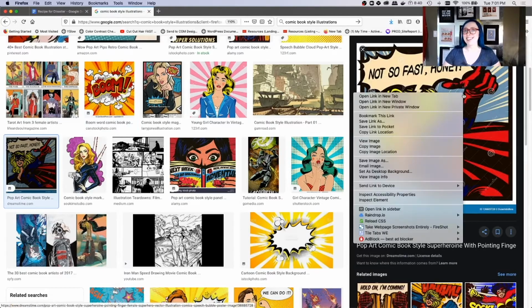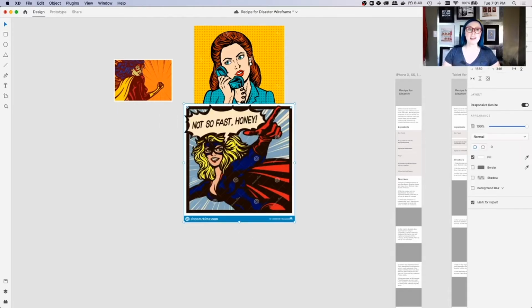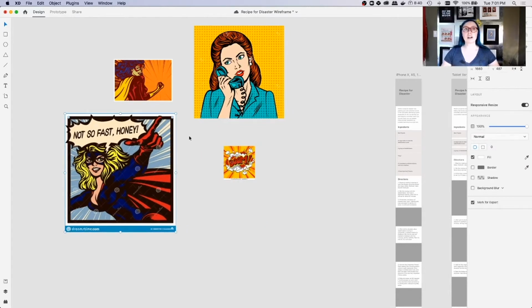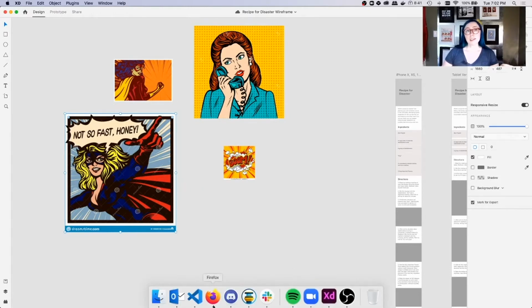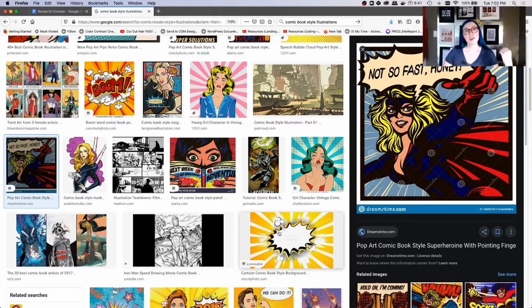I like this one. And as I'm grabbing images and building up my style board here, a trend I'm noticing is I really like this dot pattern effect. I really like this comic booky style typography and lines, and I'm really drawn to warm colors. So these are some things that as I finish out my style board, I can continue thinking about. I'm going to work on this more later, but for now, I want to show you a little bit about how I'm going to choose fonts in here.